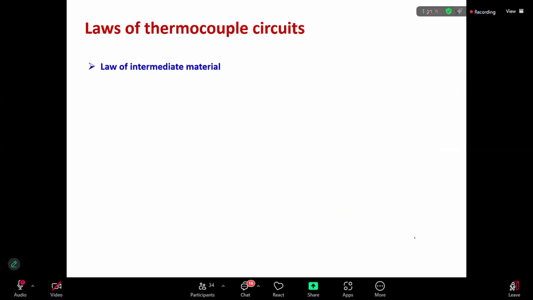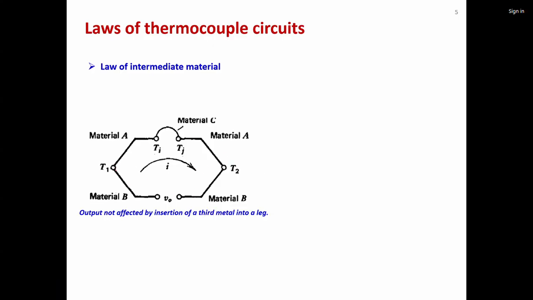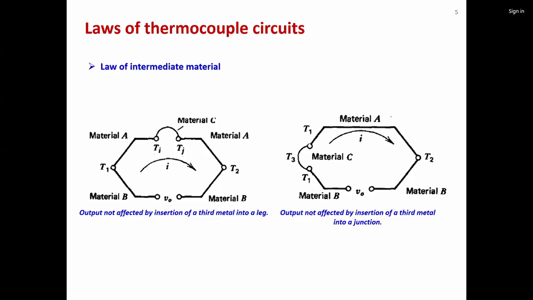Then we talked about the law of intermediate material, where we said that if you have a thermocouple circuit made out of material A and material B, and you have junctions J1 and J2, and if you, let's say, cut the material A and introduce a third material, material C, then the output is not going to be affected by the insertion of a third metal into one of the legs. And we said that it is not only in one of the legs, but if you also open one of the junctions, let's say here it was junction 1, J1, and you introduce a third material at the junction,